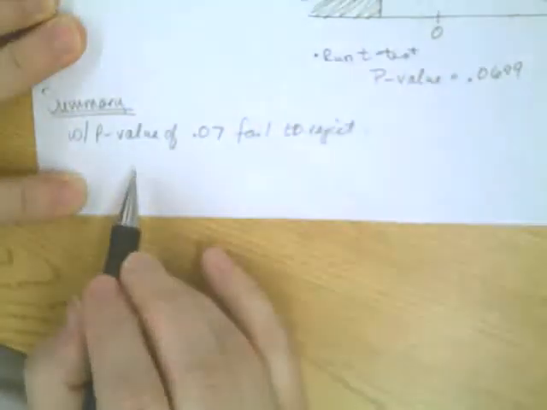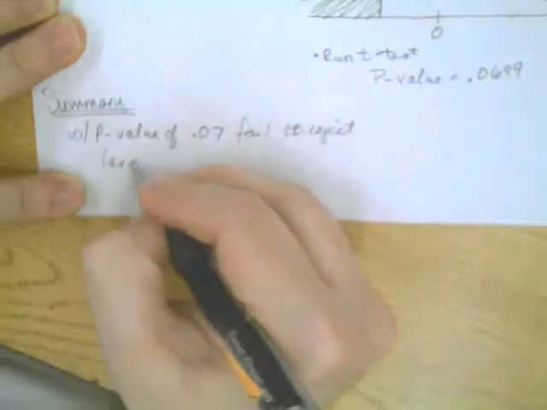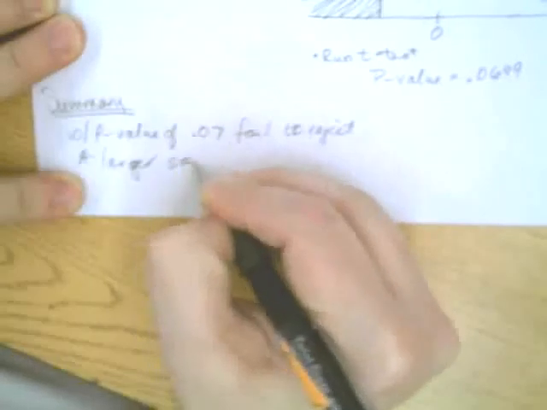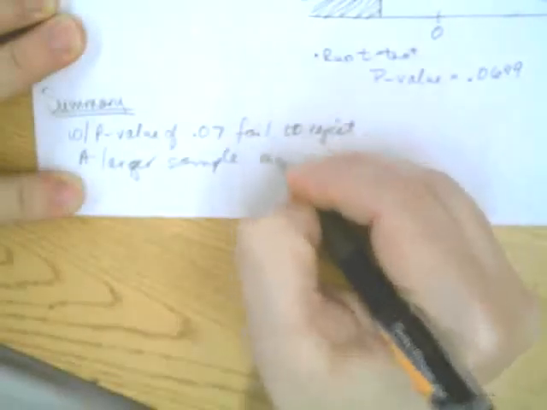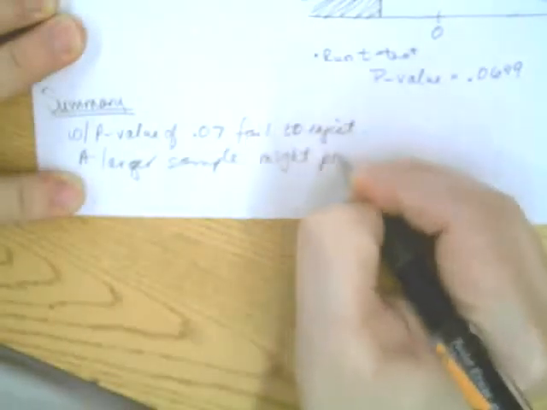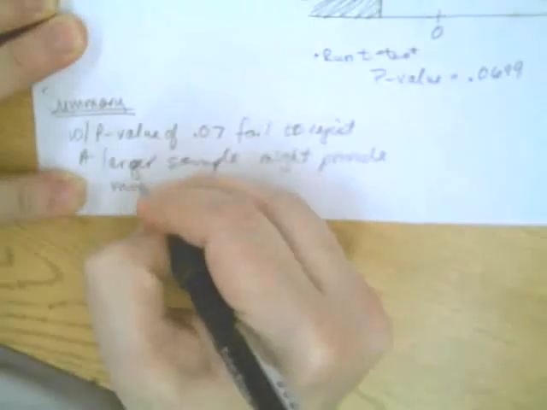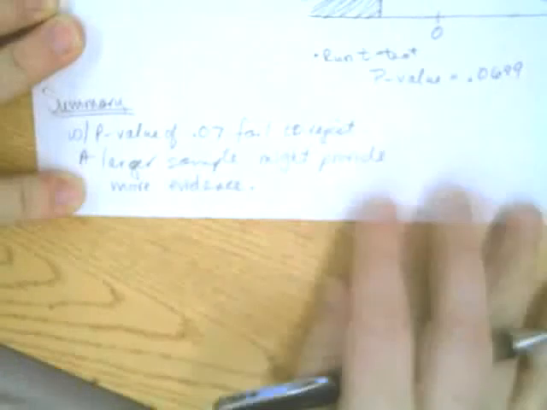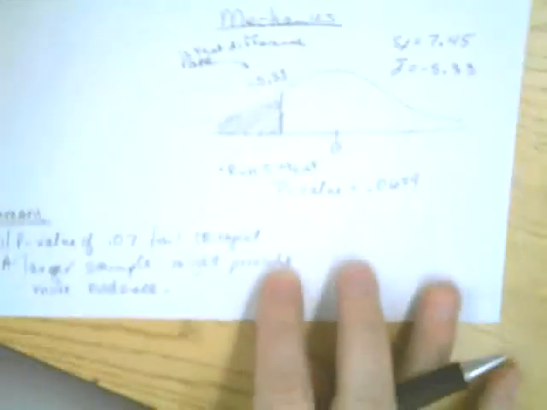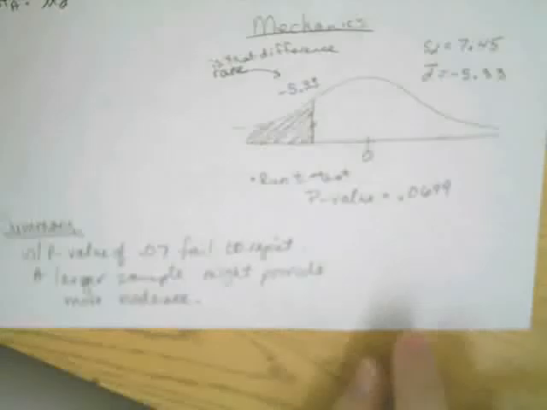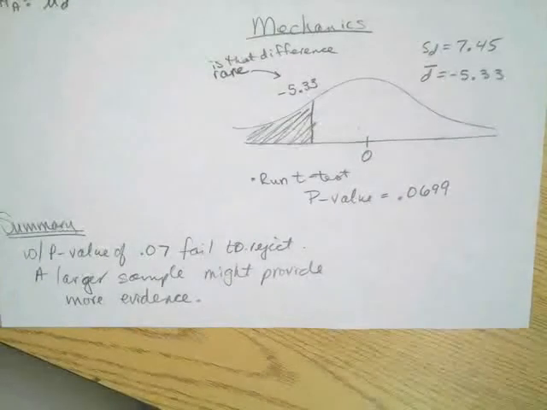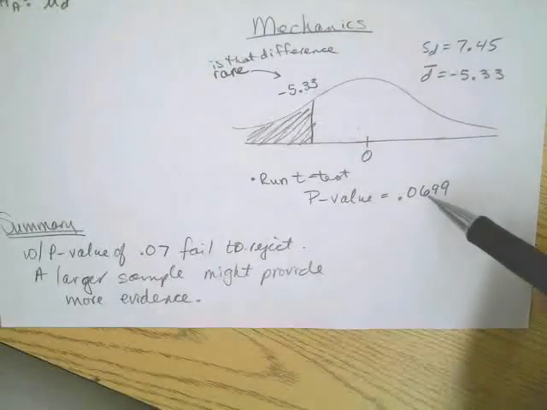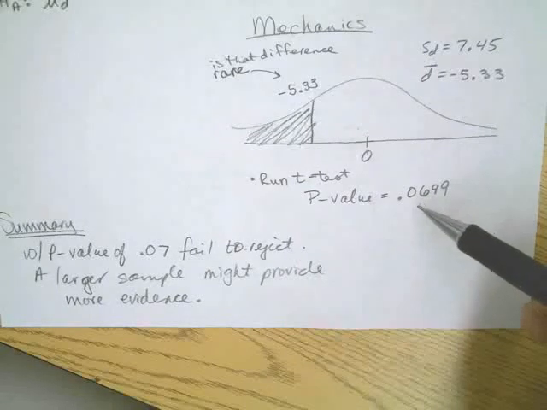And what I would do is I would suggest that a larger sample might provide more evidence of whether or not the difference was good enough. Okay, so for this one, 0.07, again, that's relatively low, but if you think about it, they're talking about running summer school. And so that's, to me, not low enough to run a whole program to try and get improvements. Okay? All right, so